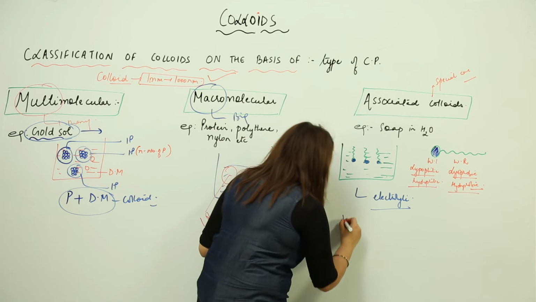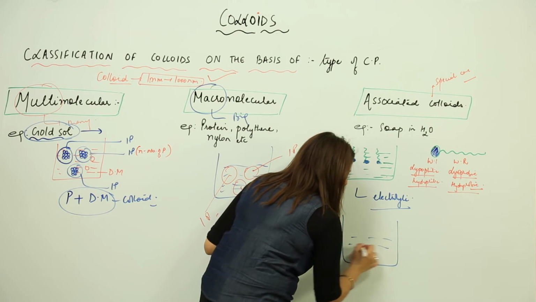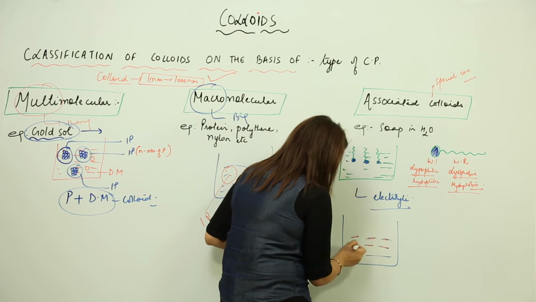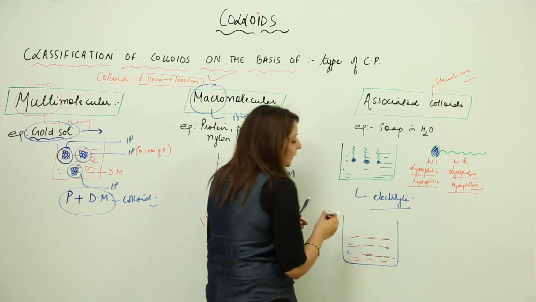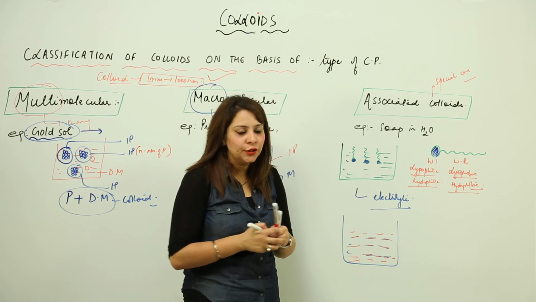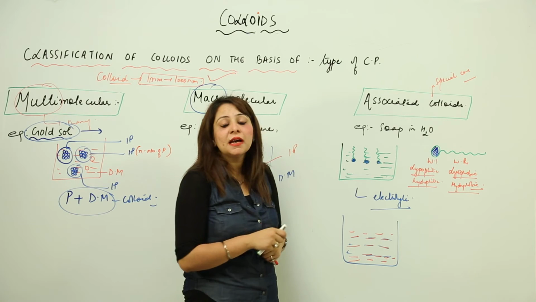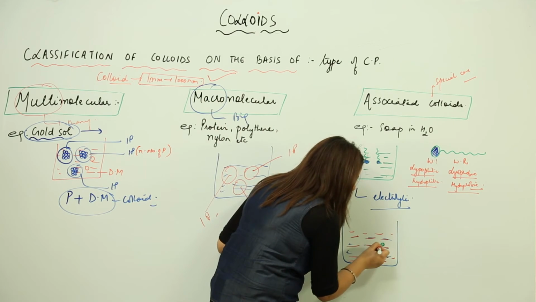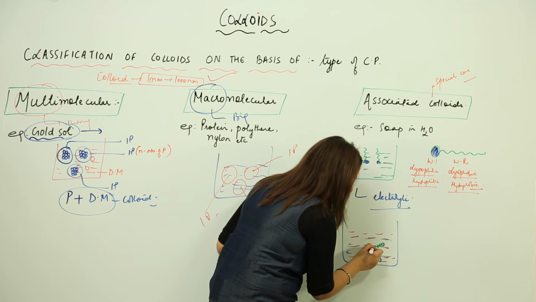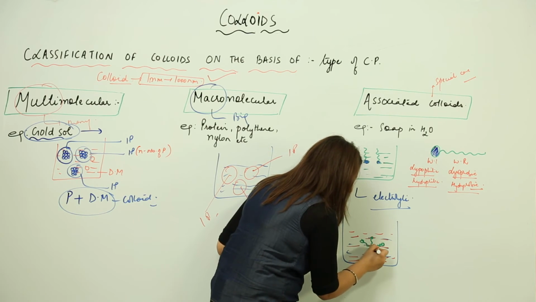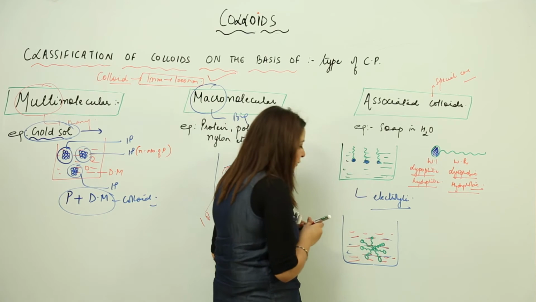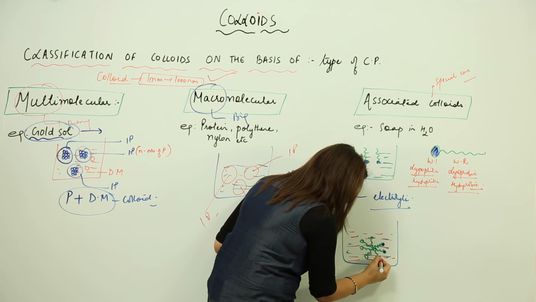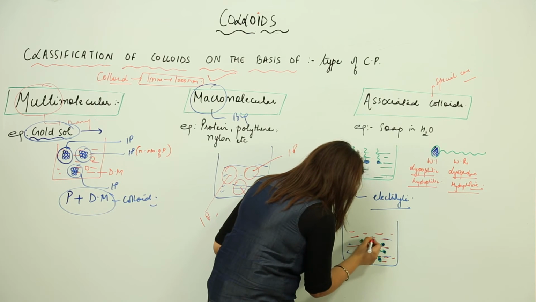But when you increase the concentration, let us make it with a different color. Right. So when we increase their concentration, then what happens, their arrangement somehow gets changed. So how they are arranged now, they are arranged in such a way that they get aggregated, or you can say they get associated like this. They get associated in such a way, I'll just make the heads with blue first, then I'll explain to you how and why they have arranged themselves in such a manner.